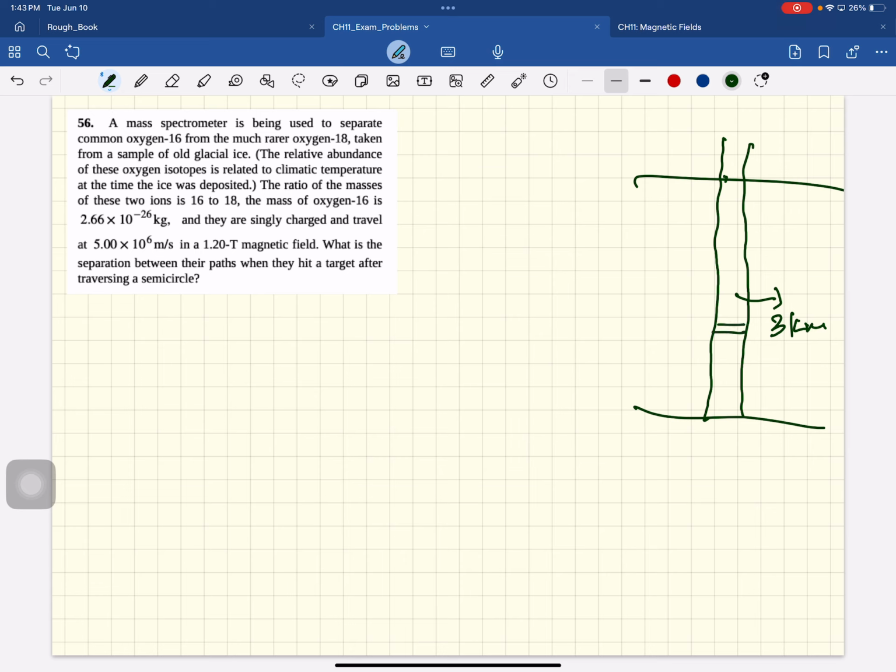And what they'll do is, ice is H2O. And this O, they'll measure the ratio of O18 to O16. This is the most common isotope. This is the other isotope. And the ratio is related to the global temperature. So you take the ice core and you measure the ratio of O18 to O16. And that's how they